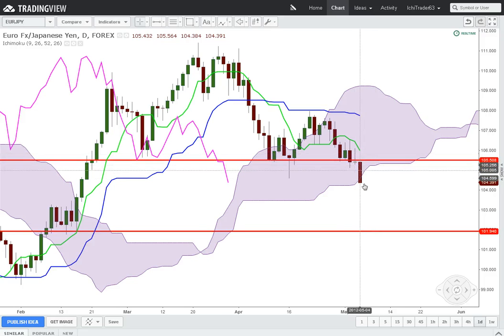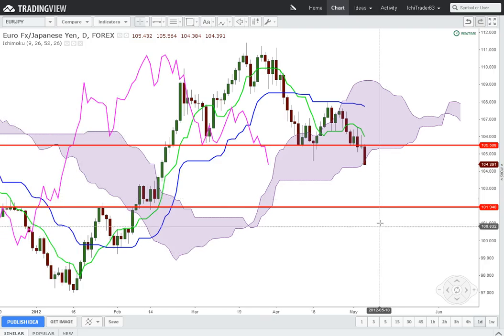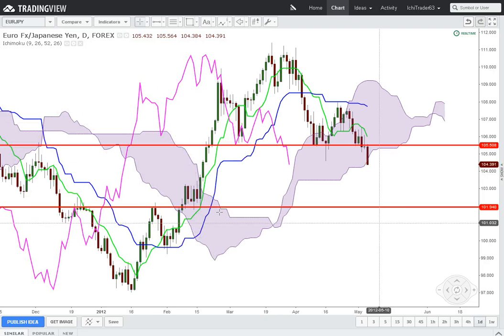We're going to look for the market to come down a little and then retrace, hopefully back to the bottom of this Kumo, or up to this level here, and then it's going to go down again. Now it could open up and keep on going down because the yen has been strong and the euro's pretty weak, so it may not retrace for a while, and it may continue down to this level. The way that I got this level here is I look for the next support level,